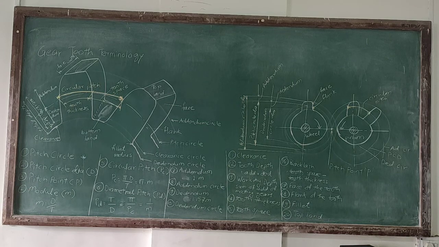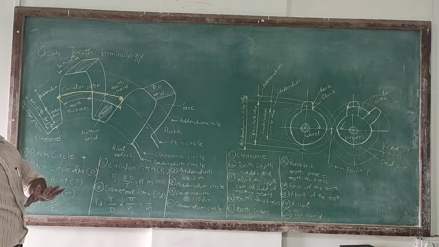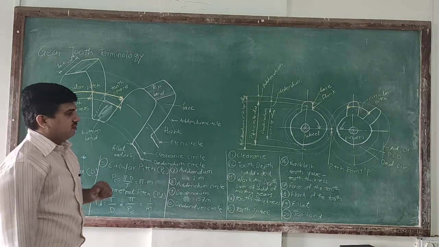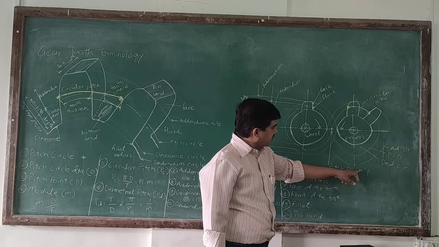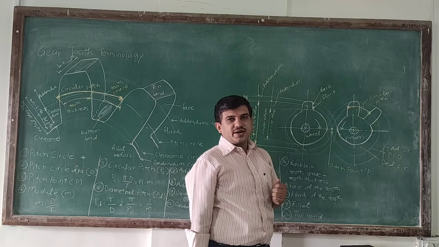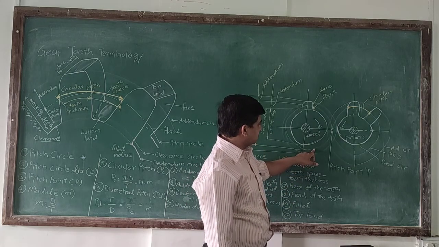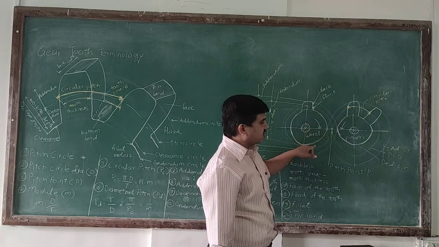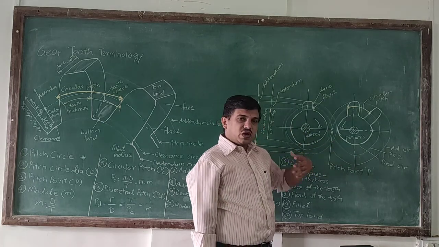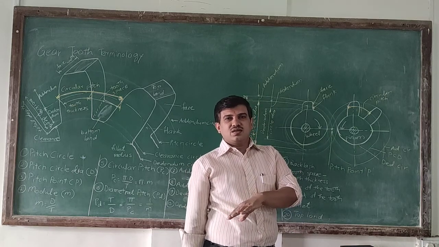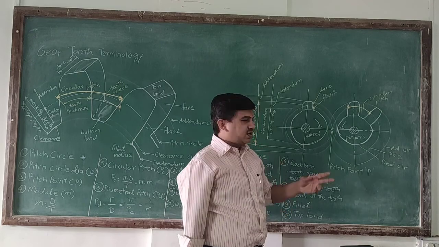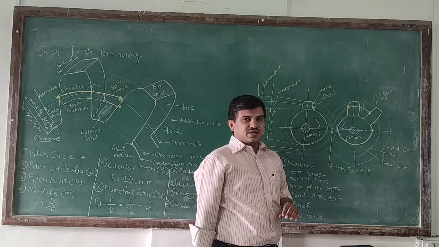Third is the pitch point. This is a very crucial point in the gear. Pitch point, where is it over here? By looking at the pitch point, you can define it. How? See, what is this? This is nothing but the pitch circle of, say for example, a gear pair. So one will be the driver, another will be the driven gear. Usually we call the pinion the driver gear, and the wheel the driven gear.